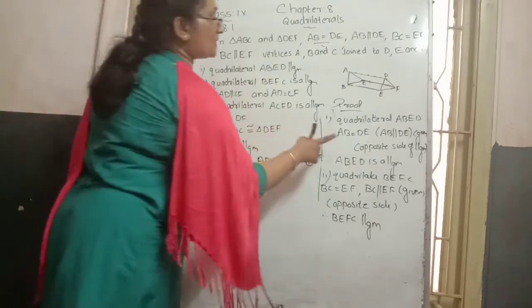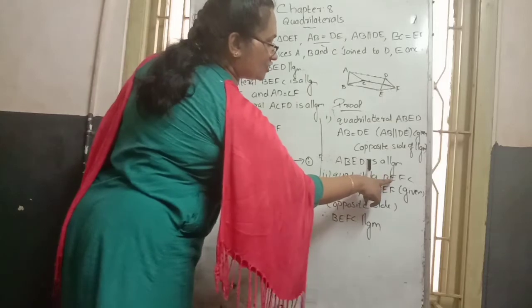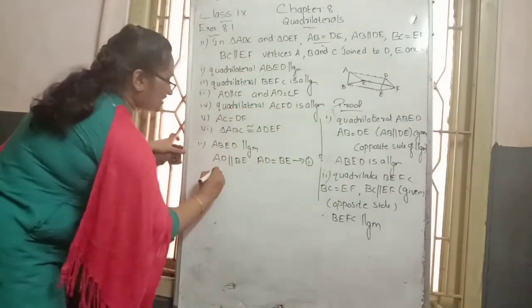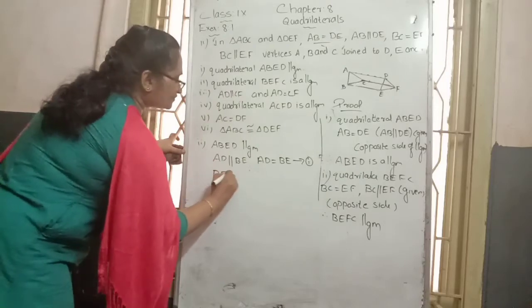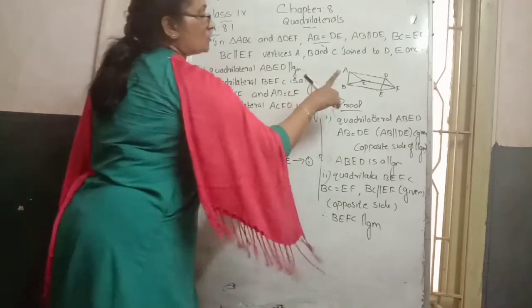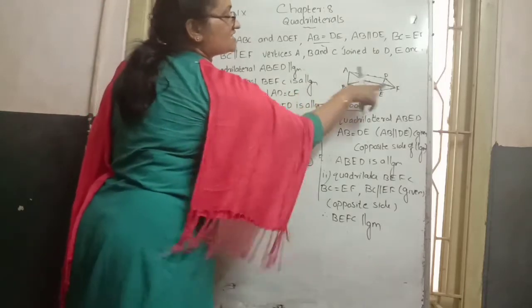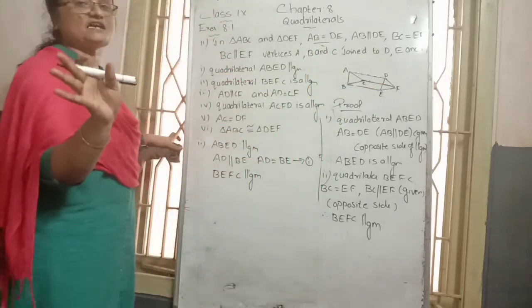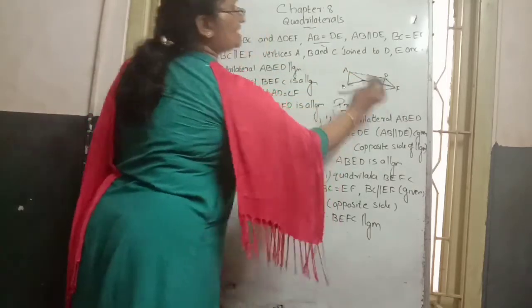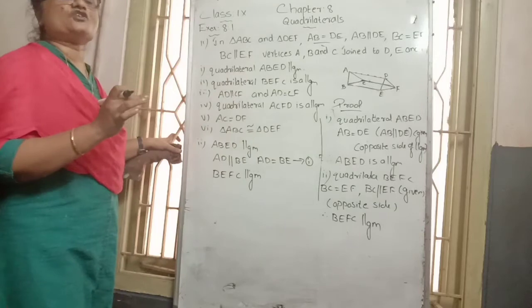In the same way, the second parallelogram, BEFC. Here we proved that one. So we consider BEFC, we proved it is a parallelogram. Then the first pair, BC side and EF side, is already completed. Second pair, CF and BE are the second pair of opposite sides.